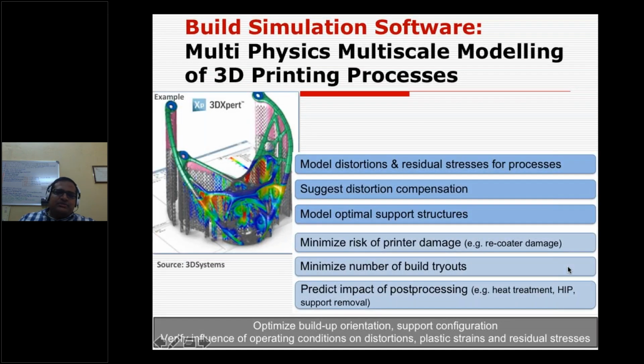And of course, build simulation software. Why do you want to simulate the builds? Of course, you normally do it for traditional manufacturing practice also. Like when you take a CNC machine, you definitely check the tool path verification. We will be doing it before going for the actual machining. And here also,